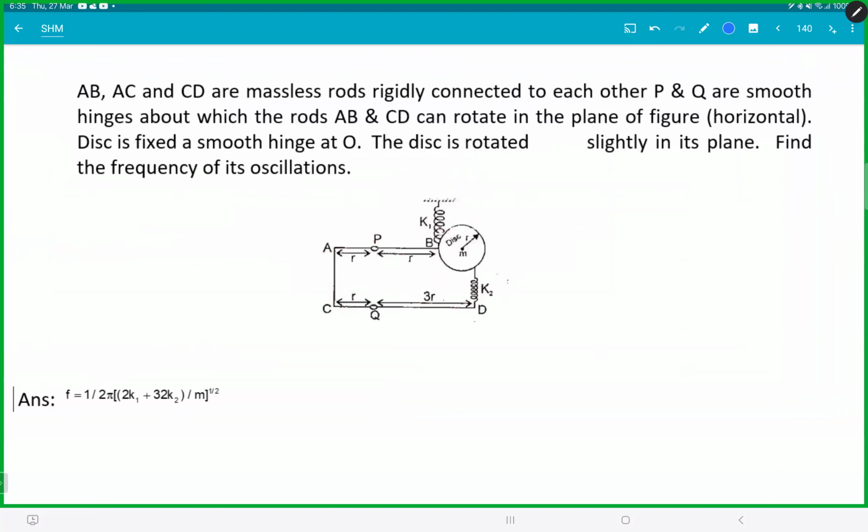Let's look at this question. I'll just draw the diagram again. So this is the top view. We have a massless rod connected to a cylinder. So we have a rod here, connected here. This is a rod here,